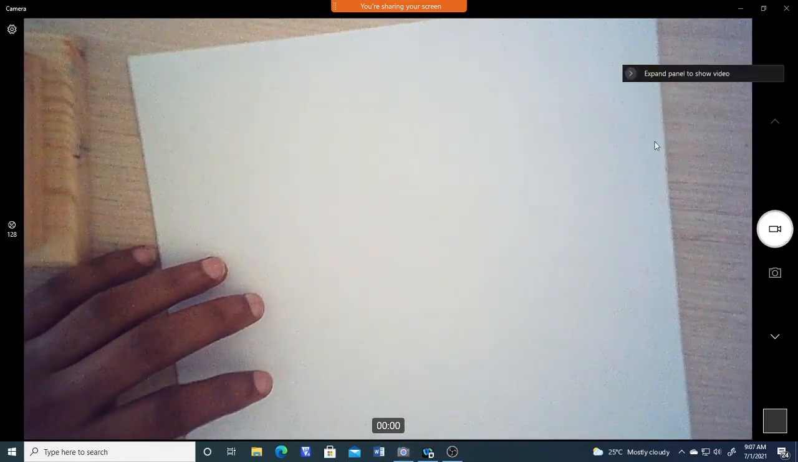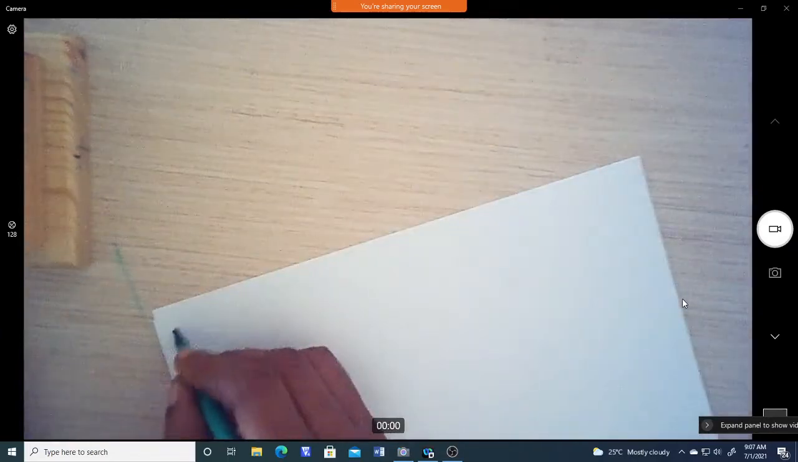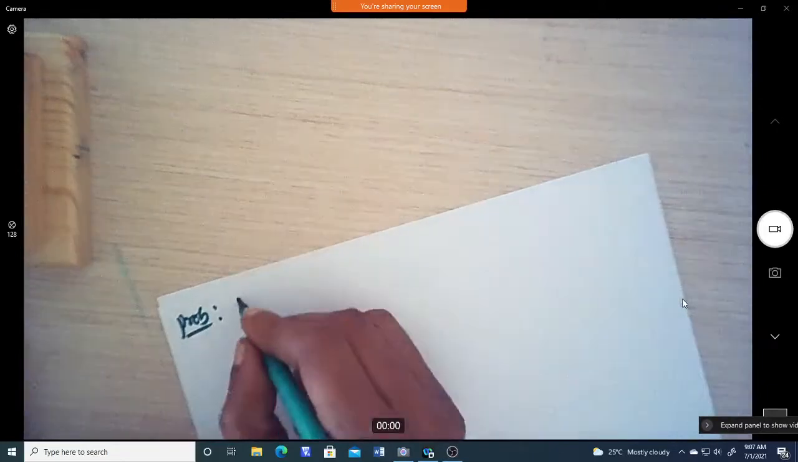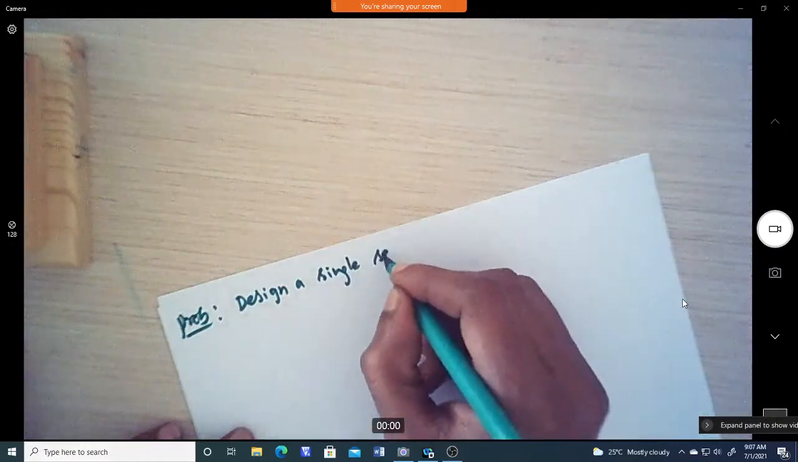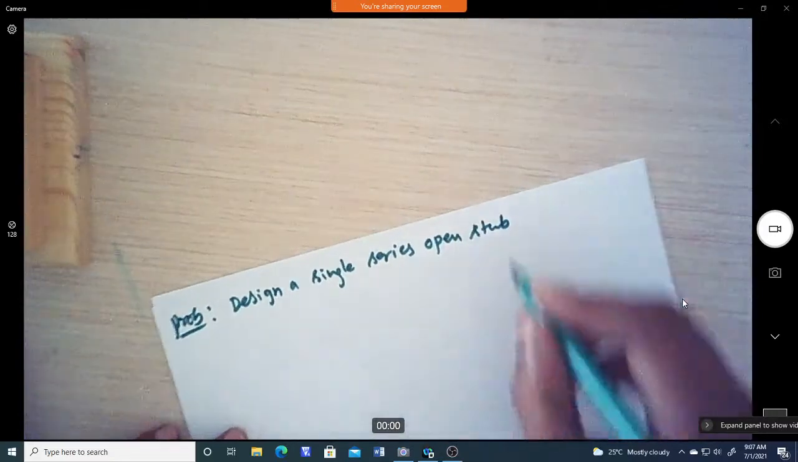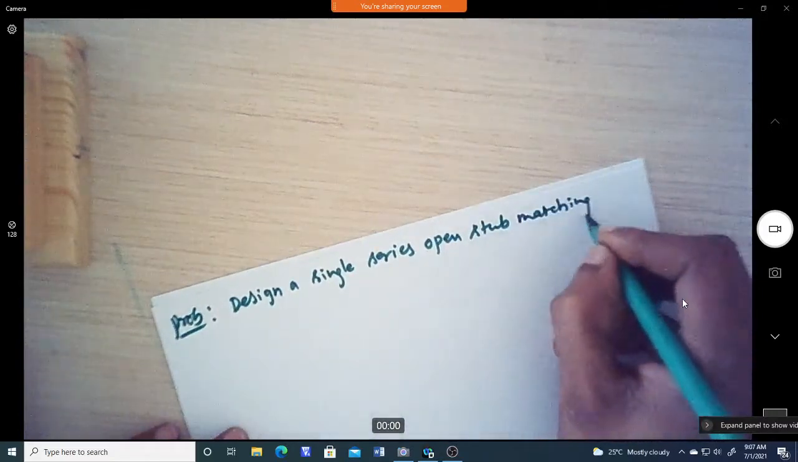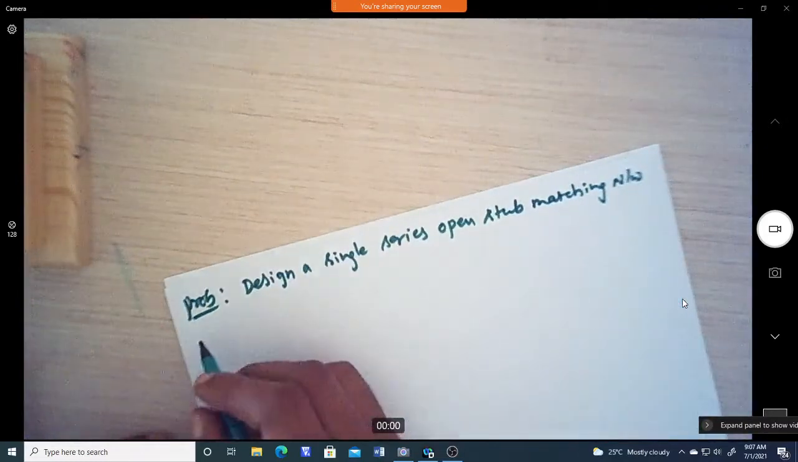Okay, so today we'll do one more problem based on the stub. So in order to understand better, take this problem: design a single series open stub matching network that